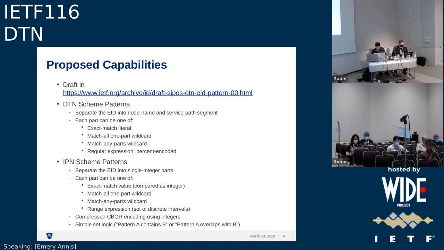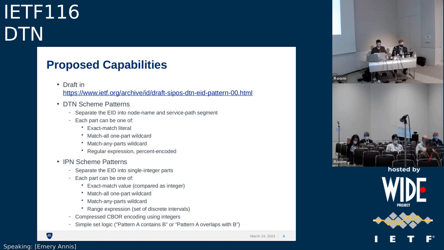So this is the link to the latest RFC draft that is out there. It describes, like I said, both two parts, DTN scheme and the IPN scheme. So for the DTN scheme, the first thing to acknowledge is the need to separate those EIDs into both a node name and a service path segment. And then we can pattern based on either a literal match of those, a match of one part via a wildcard, a match of any parts, so i.e. the node name or the service path via wildcard, or even regex expressions or percent encoded means to look for